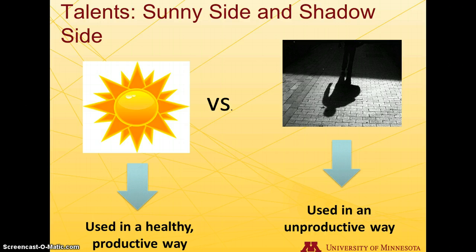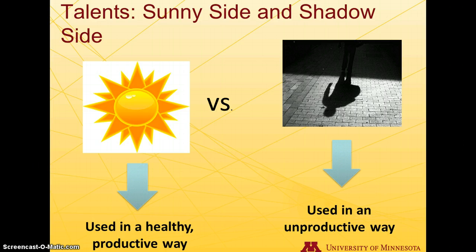Just because a person is aware of his or her top talents doesn't mean that's enough to effectively develop them. As we just pointed out, it takes effort to develop talents into strengths. Talents and strengths can also be used productively and unproductively. When we are intentional and use our talents in a healthy, productive way, these talents can be seen as strengths. In other words, that healthy and productive use is like the sunny side of our talents.